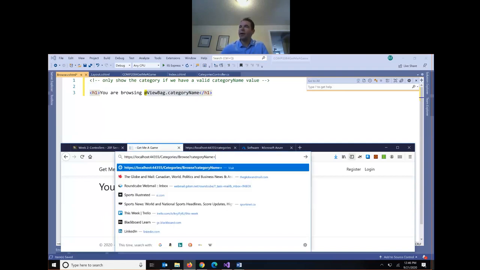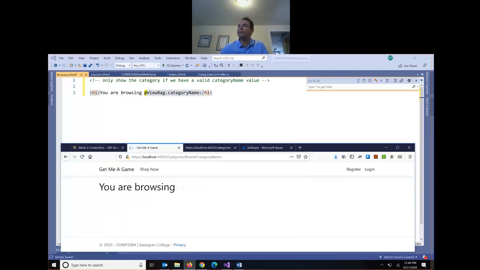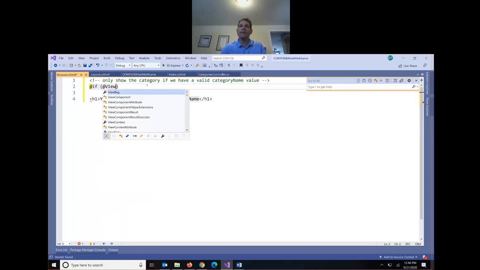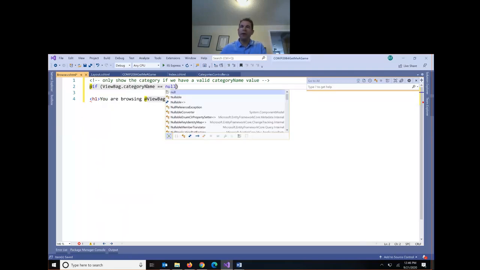If I take the category out of the URL, I get nothing. So we can check this ViewBag category name. We can check if it's null. If this value is null, we want to give the user a different message. So we can use a little server-side if statement. So if our ViewBag category name is null,